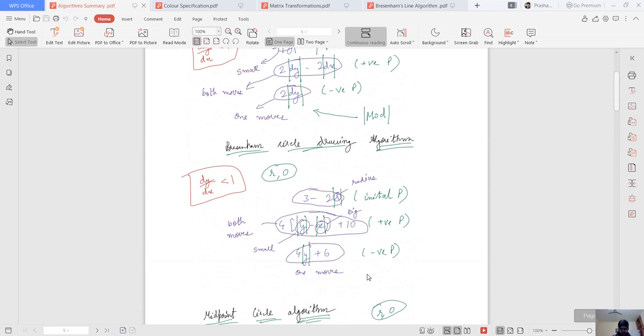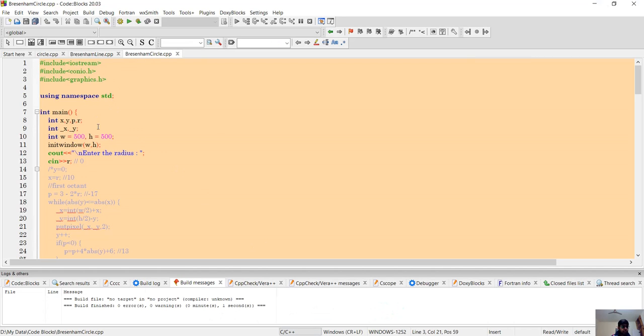Now let me show you. Okay, so this is the Bresenham circle algorithm code. Similarly, I have taken the integer values x, y, p, and r. P is our decision variable, r is our radius, and x and y are our initial coordinates.